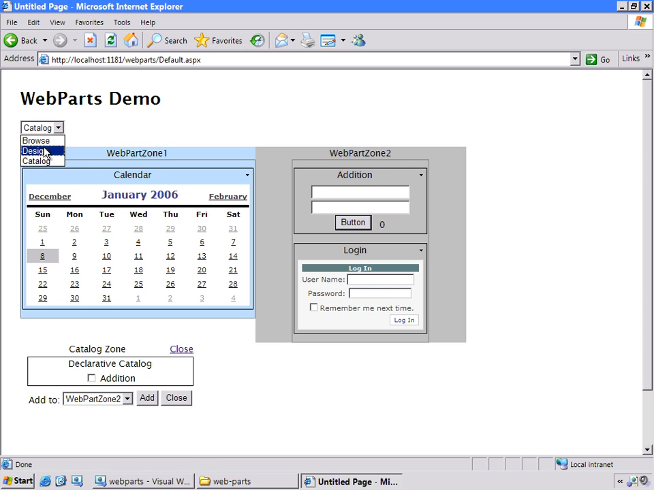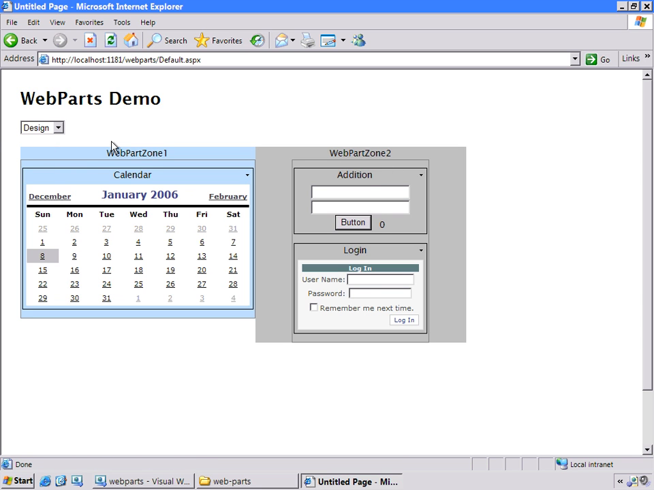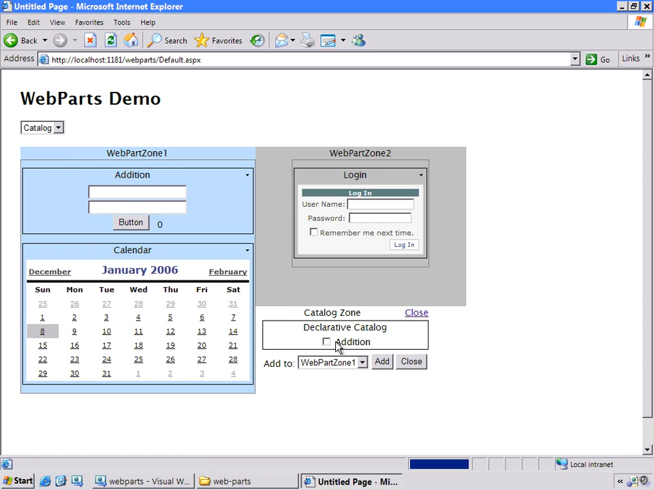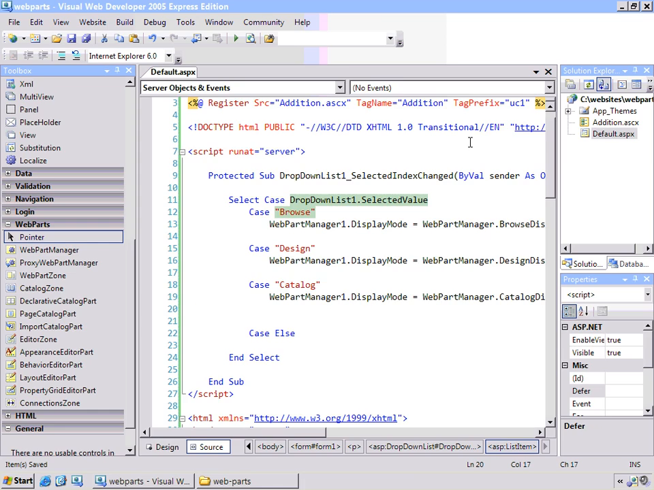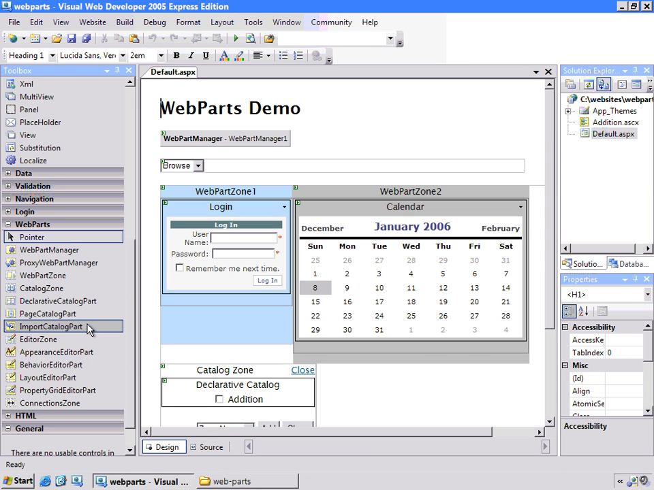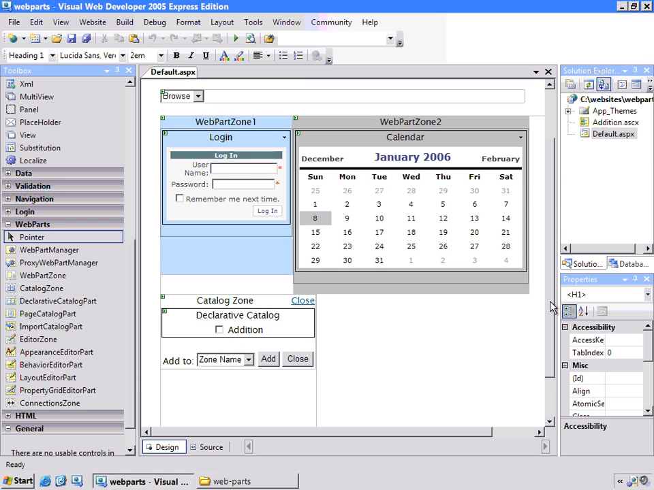So I can go back to design mode and move this over here. So all that works. So go into catalog. You can imagine you could have a whole bunch of different web parts in here that you write yourself. This is where you could let the end users manage it. There are a couple of other pieces supported by the catalog. There's the import catalog part and page catalog part. Those are different ways for you to manage. Either you have a repository for catalog items, or you can even upload your own catalog or web parts